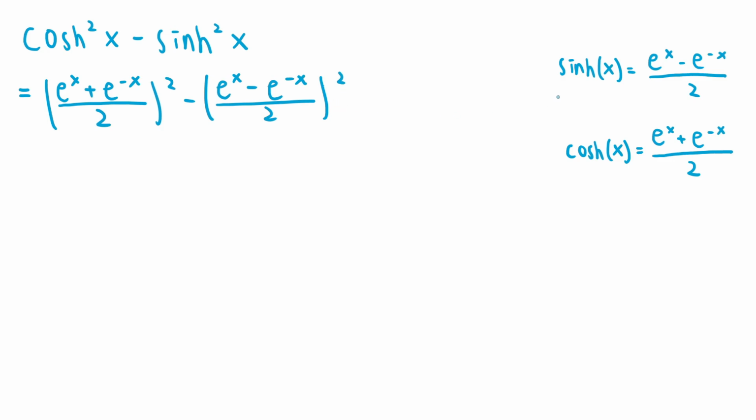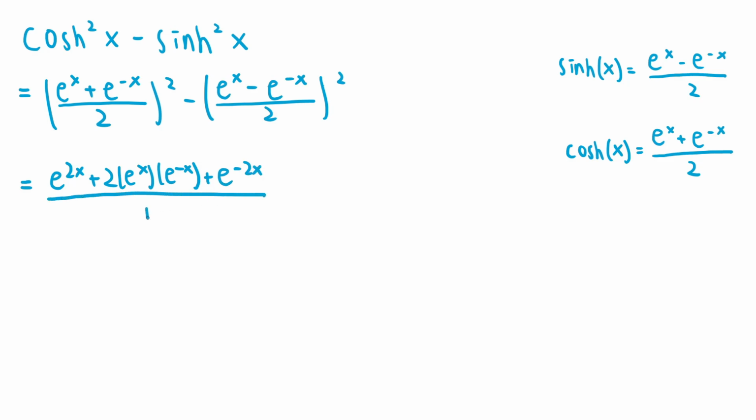because recall that sinh of x is defined as e to the x minus e to the negative x all over 2, and cosh of x is defined as e to the x plus e to the negative x all over 2. If we expand the two terms using the perfect square formulas, then (e to the x plus e to the negative x) all squared is equal to e to the 2x plus 2 times e to the x times e to the negative x plus e to the negative 2x, and this is all divided by 2 squared,